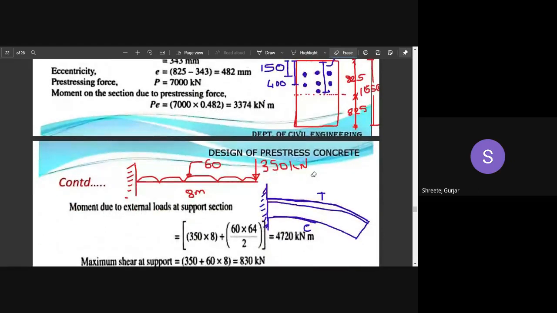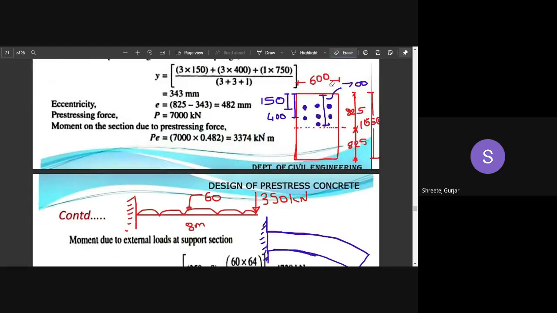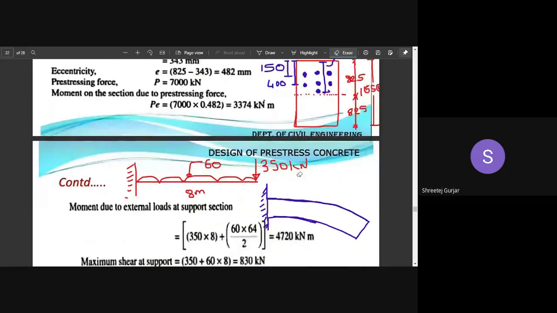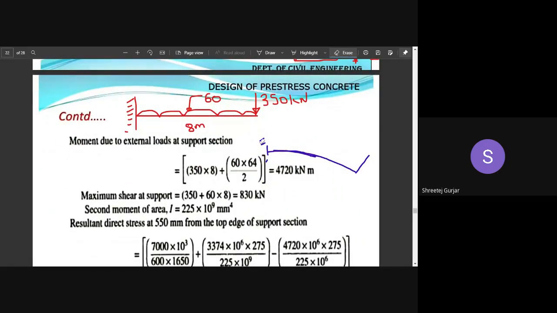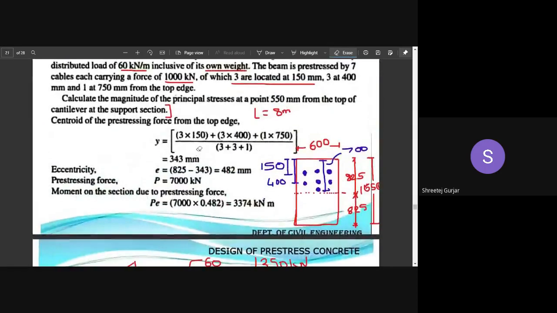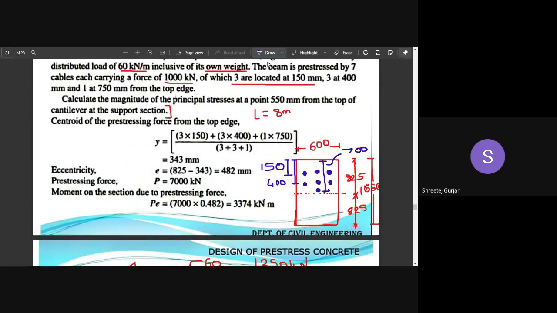Remember, the cantilever always has reinforcement in its upper section, above the neutral axis, whether it is RCC or pre-stressed. Reinforcement or steel should always be in your upper portion. So we have drawn the cross section. Now we need to determine the remaining things. Let us see what we need to do first. We need to first determine the CG of this particular steel.